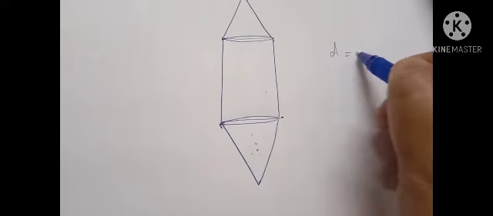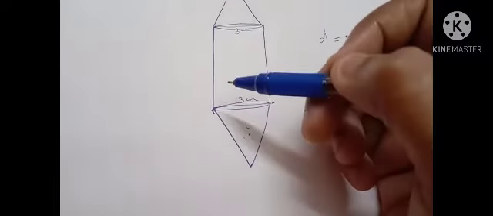Okay. Then here it is given that the diameter of the model is 3 cm. That means the diameter is common for the cylinder and this cone. So the diameter is common for the cylinder and cone, that is given as 3 cm. So this is 3 cm. This is also 3 cm. Right. Then its length is 12 cm.